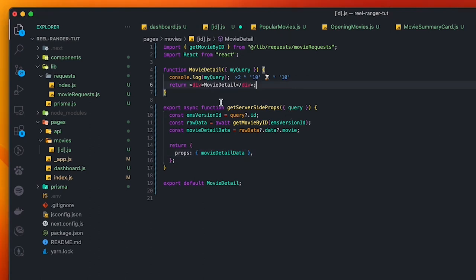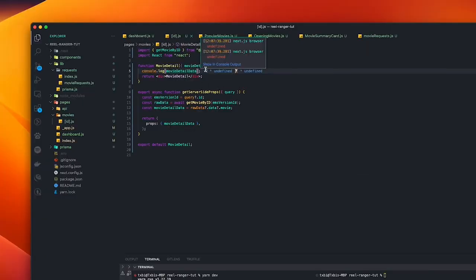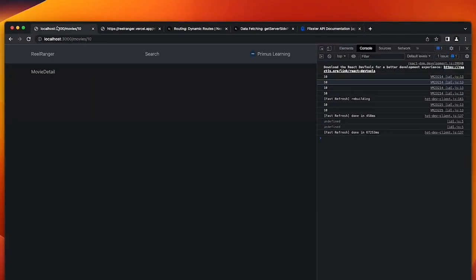Okay, so let's test that out. So up here, I'm going to log movie detail data. So now that we've done that, we're getting undefined, which is expected because